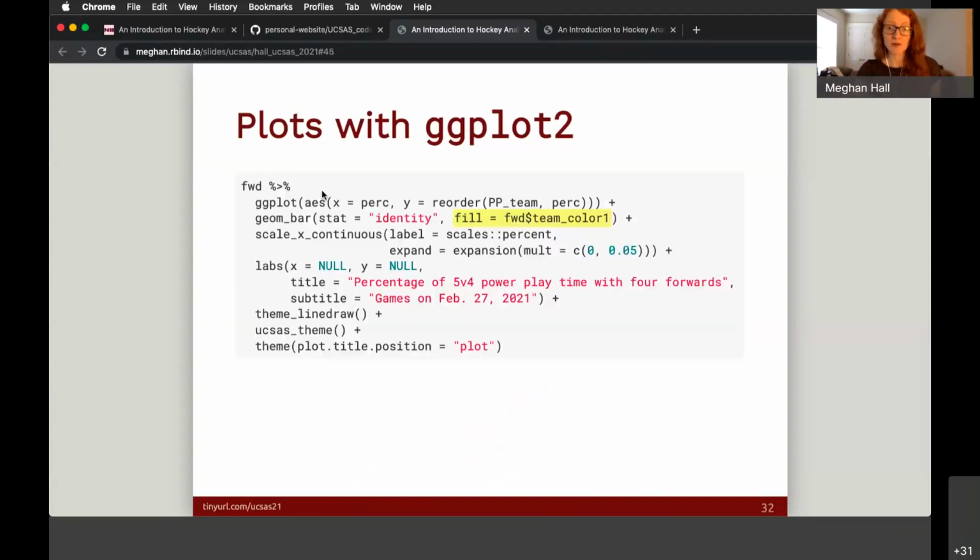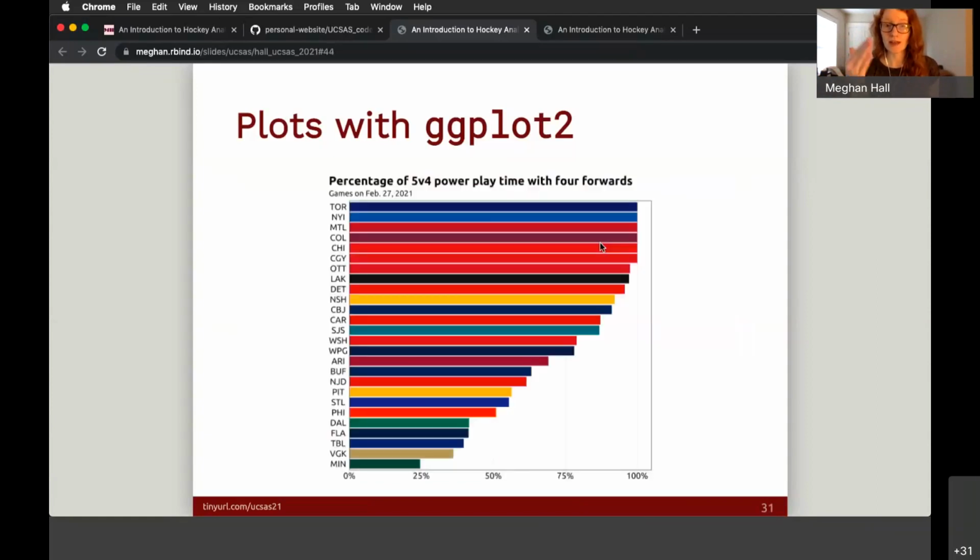So how I did this, again, it's pretty easy, less than 10 lines of code, really, to make this kind of nice plot. And the one thing that I wanted to point out, how you can tell R that I want to use these hex codes that correspond to these teams, is just within this geom bar layer, which is the layer within ggplot that tells R to create a bar chart. You're specifying your fill argument, which controls the color. And here you're just going to put in exactly a direct reference to that hex code column. And that's all you need to do in order to create this nice plot with the colors,